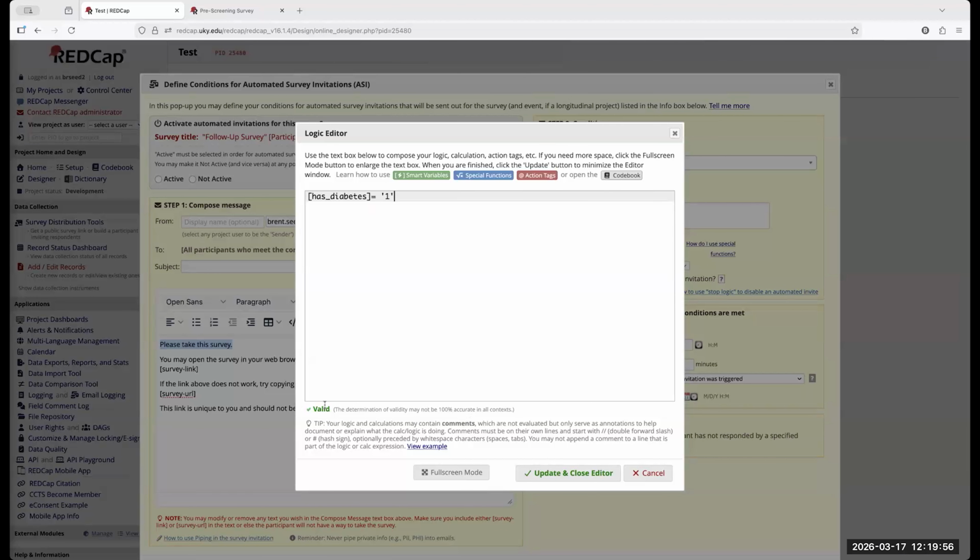Now, one thing to keep in mind, just because this says valid does not mean that this is going to pull the information that you want. If our true option is actually 0, well, then it's going to pull everything that was false. Or if we put some sort of equation in here, REDCap is looking for a valid variable name. As long as you have this correct, it's going to say valid here. But again, it does not mean that your equation or that your syntax is actually correct. So you're going to want to double check that on the back end somehow.